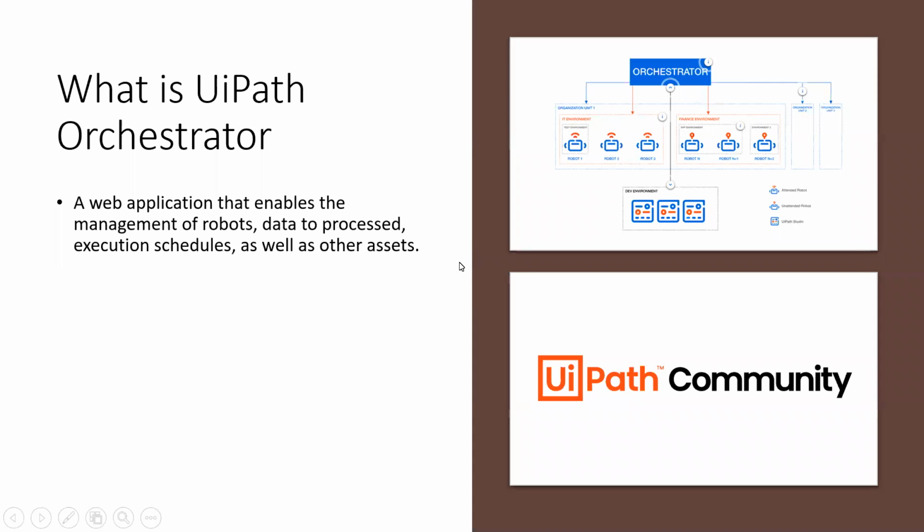Okay. So what is an Orchestrator? Orchestrator is basically a web application developed by UiPath. Now, whatever we had covered in this session till now, till the first 5 sessions, we saw that we were running our workflow from UiPath Studio itself. We will build the workflow and we will just click on the run button. But that can't be the same scenario when you are automating business applications or business use cases. At that time, you can't keep a person who will always keep on running the workflow and sit there continuously all day. So that is why UiPath Orchestrator is used.